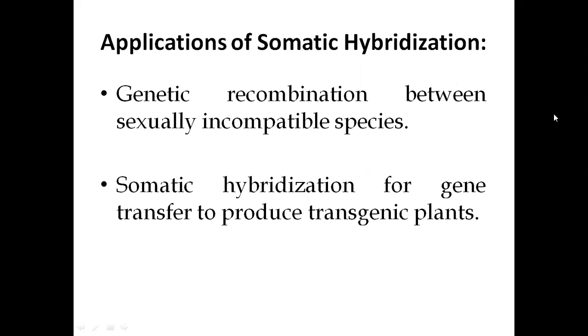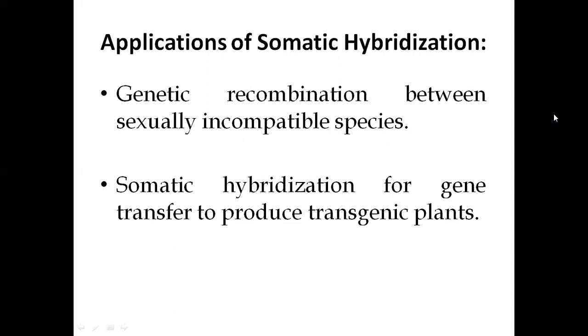We know when we do the somatic hybridization, we get two types of hybrids. One is symmetric hybrid and another one is asymmetric hybrid. Symmetric hybrid is the one which will be having the cytoplasm of both the parents and nucleus of both the parents. If you are fusing A plant protoplast with B plant protoplast, the symmetric hybrid will have the cytoplasm and the nucleus of A protoplast as well as cytoplasm and nucleus of the B plant protoplast.